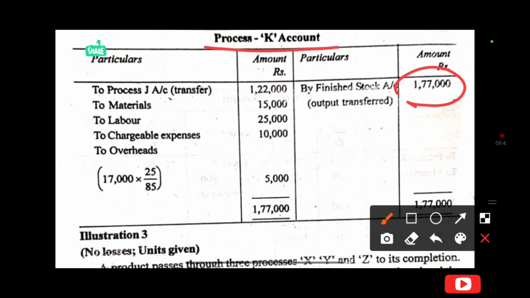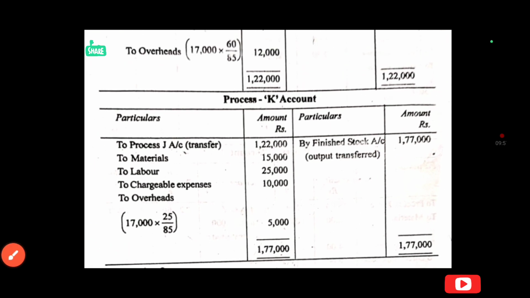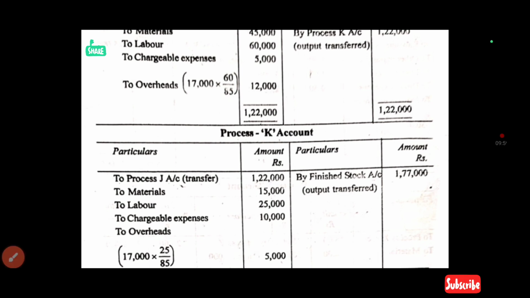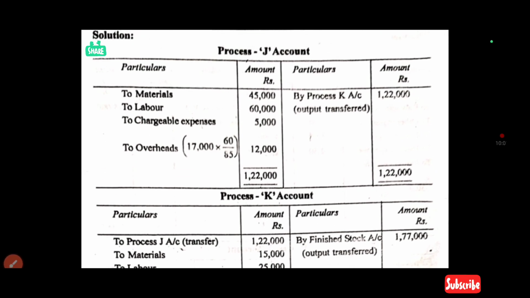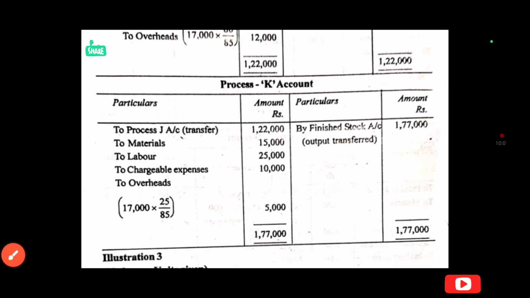Okay. That output is to be transferred to finished stock account, right? So for that you are going to write against this value by finished stock account. Output transferred. So now we find out the total cost of each process. Process J's total cost is 1,22,000. Process K's total cost is